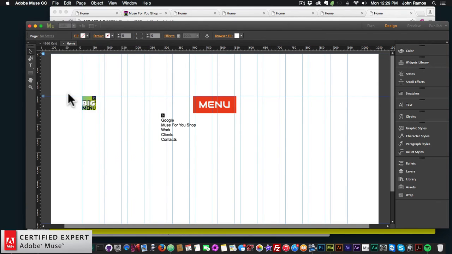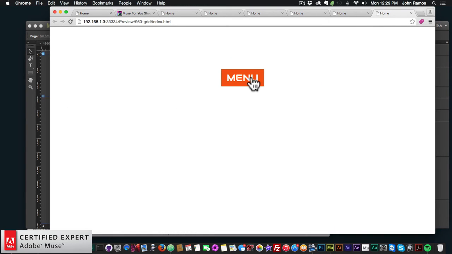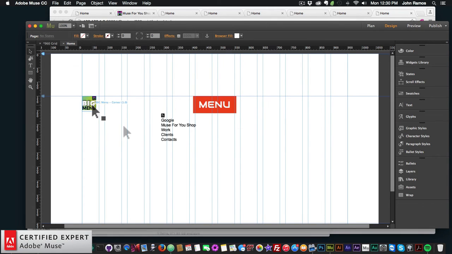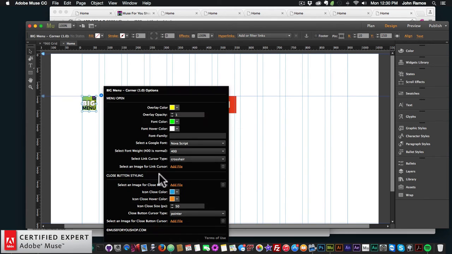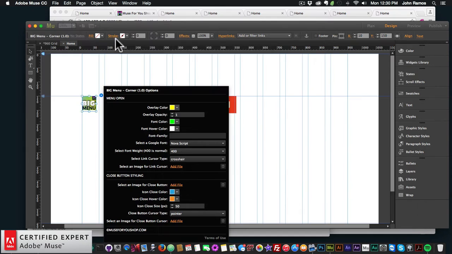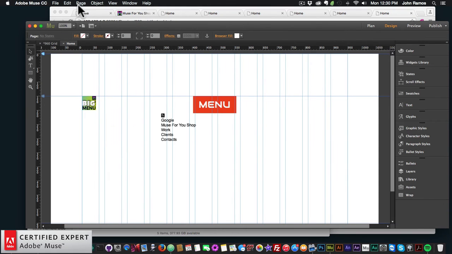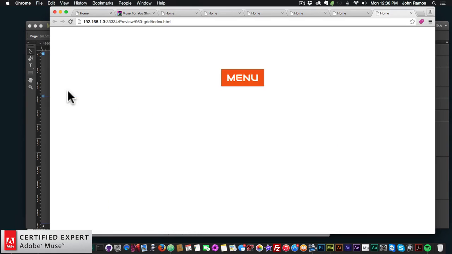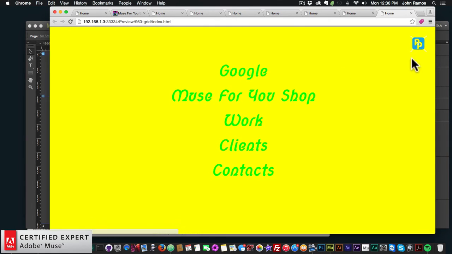File, Preview Page in Browser. I picked Pied Piper. So very cool. So we can select anything for the close button, and you could even select an image for the close button as well. So if I go to the widget options here, and here where it says select an image for close button, I click Add File, and then I have this cross.png file here, and I'll go to File, Preview Page in Browser. I'll click Menu, and we can see we have the X over the